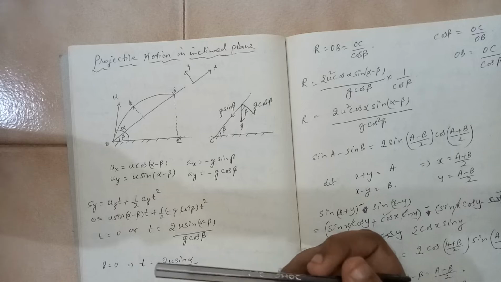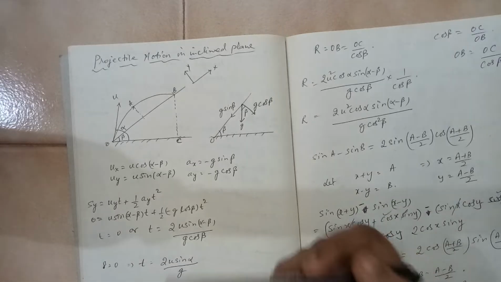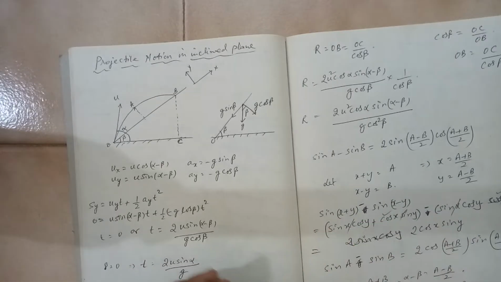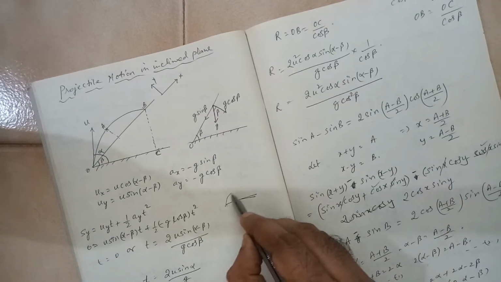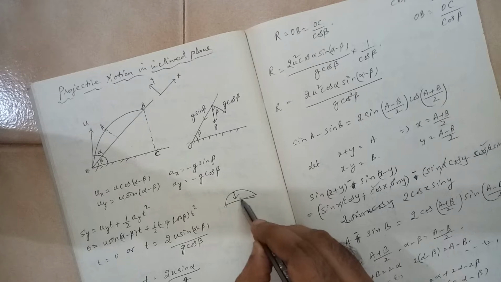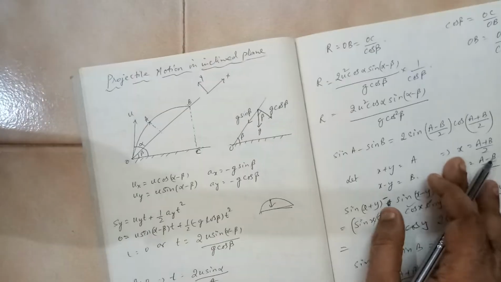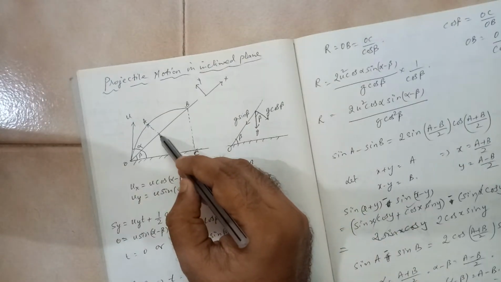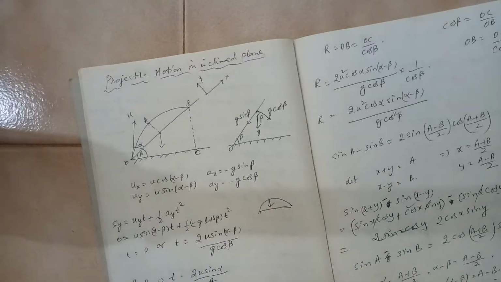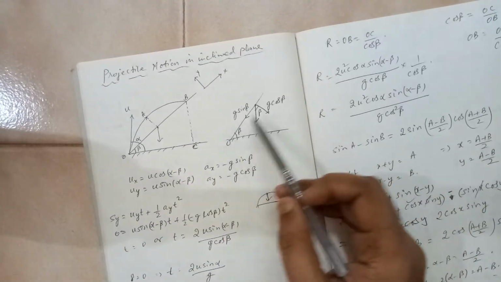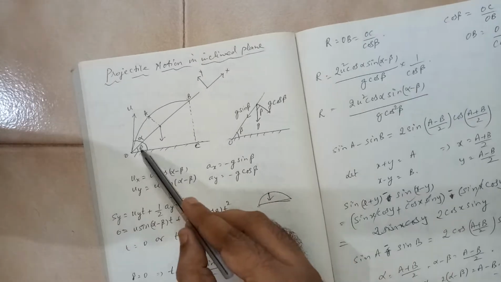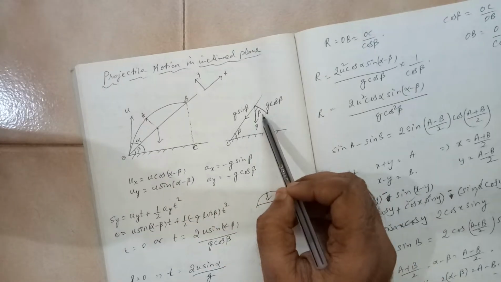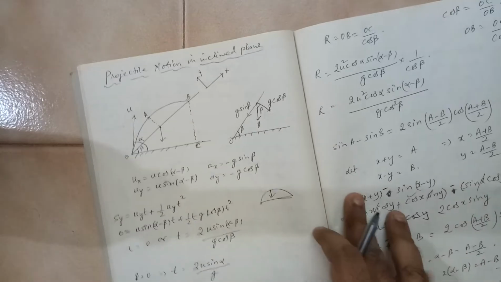So here we need to see that when you throw the object, there is the acceleration due to gravity. Like in a normal case when you have thrown it like this, you applied g, it is acting vertically downward. So in this case also g will be acting vertically downward only. But we need to resolve this acceleration due to gravity. If this angle is beta, this angle also will be equal to beta.